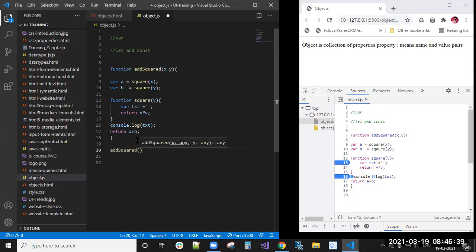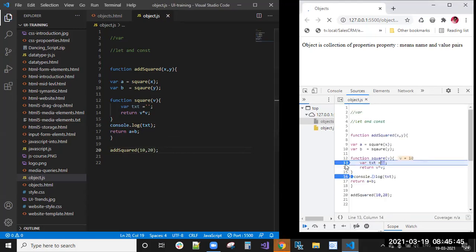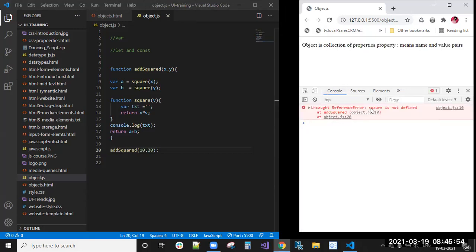At x comma y we need to pass, right? Now you will see that error. Okay, you will get that error: console.log, square is not defined. Function square, that only, right?